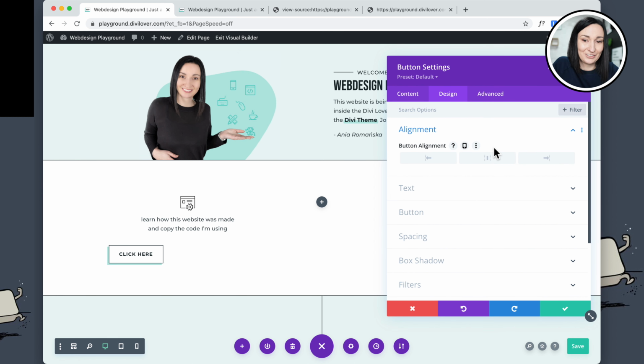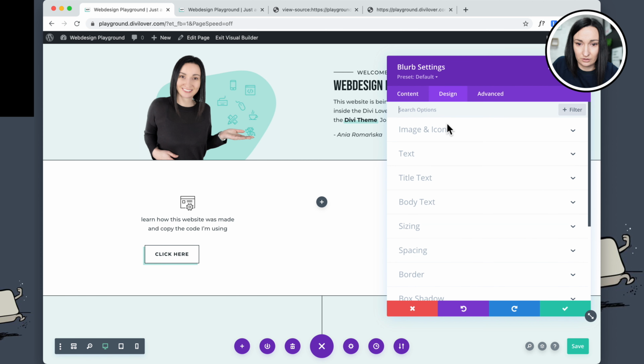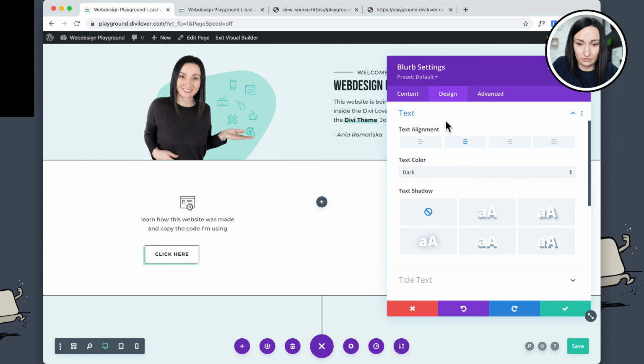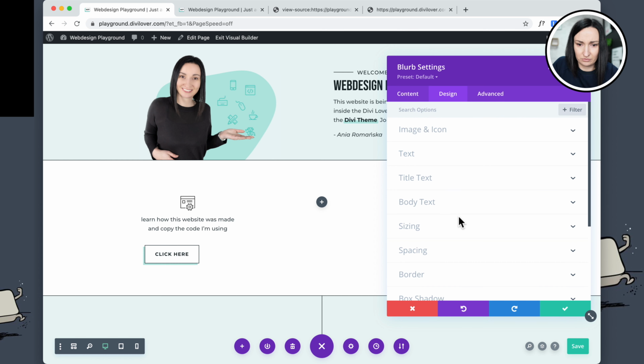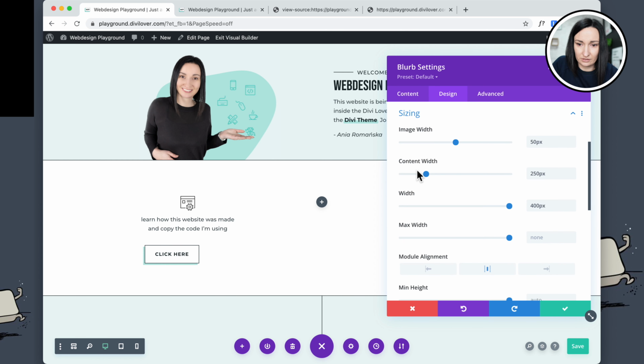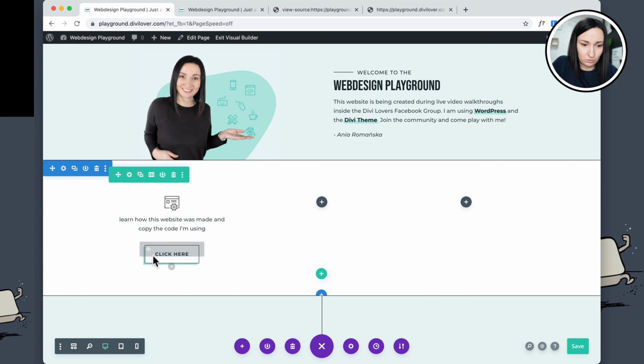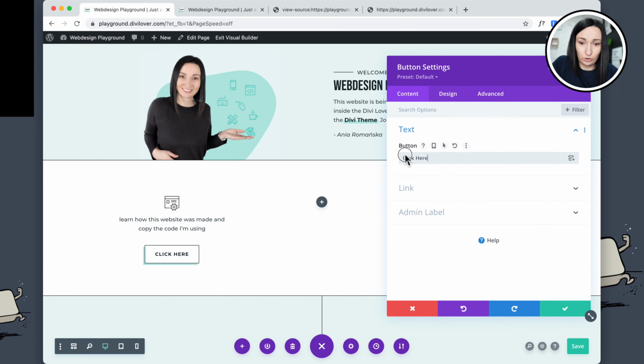So yeah, just let me see why it's not. Oh, this is not in the center. Text is in the center, but I think I did something wrong with sizing. So let's fix that. Oh, okay. That was weird, but let's maybe make the entire thing smaller. Okay, that's pretty good. And this should go to